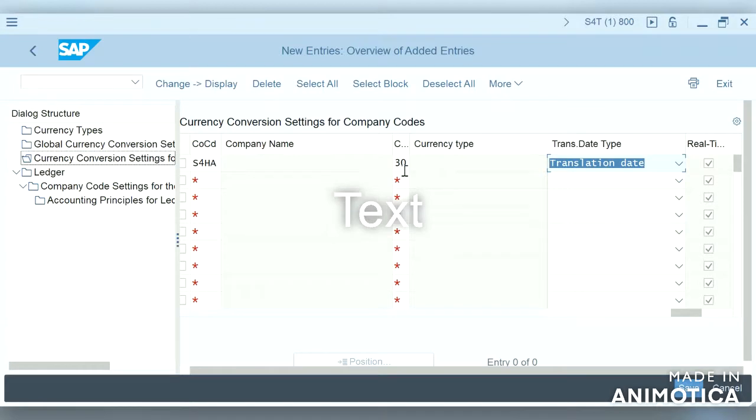So we are adding group currency to our company code.